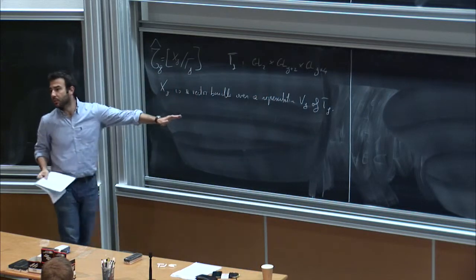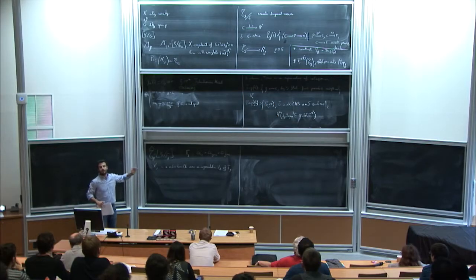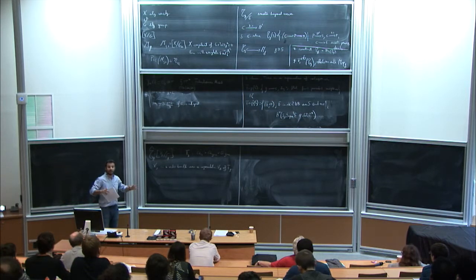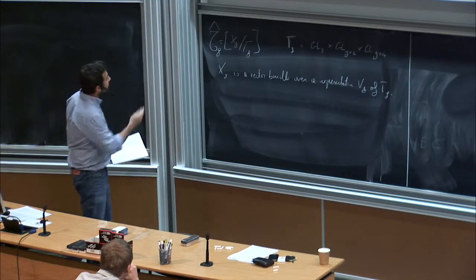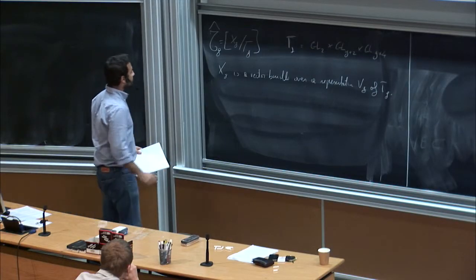Actually, to be more precise, it's a vector bundle over an open subset of this representation. But since the complement has a very high codimension, and we will be mainly interested in the Picard group, one can forget this somehow. Okay, so this quotient stack parameterizes